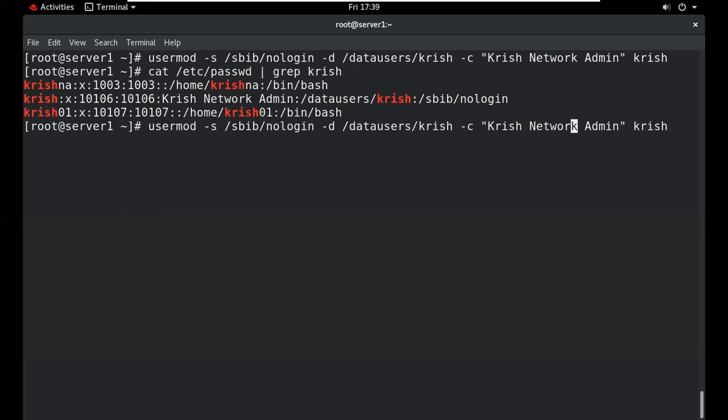But in this we have forgotten one more command. When the user exists, use these two options at the same time. The -m option is used to move the home directory information, and it will create the home directory. So give the name, we change the username to Krishna. So this is my username, Krishna, and this is the name also Krishna. So this is all the information.